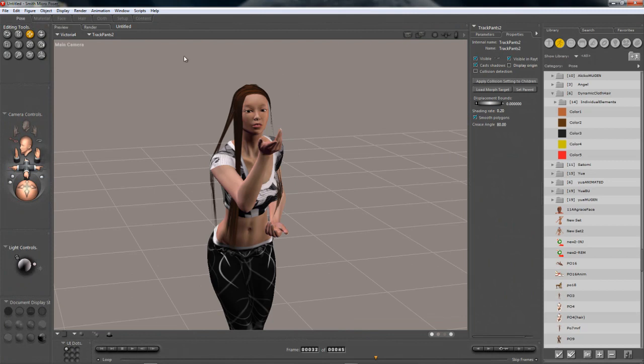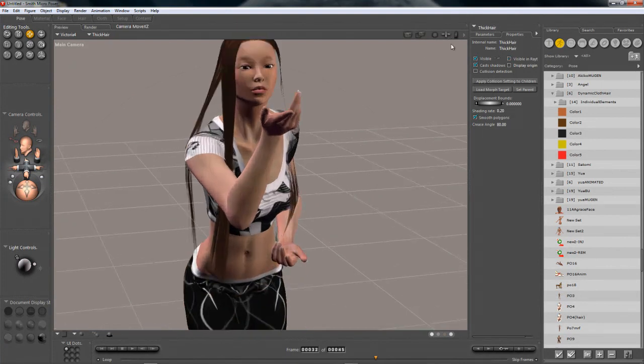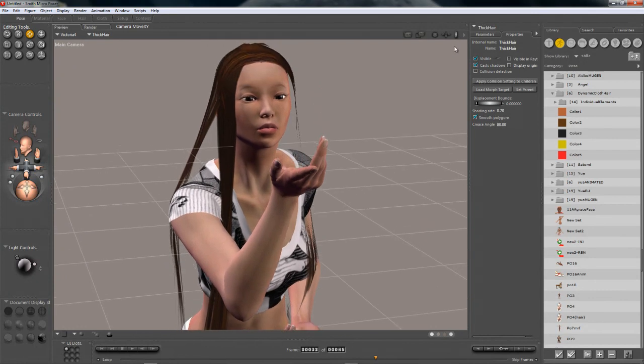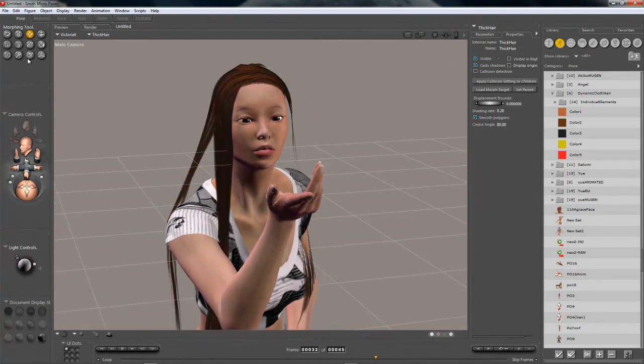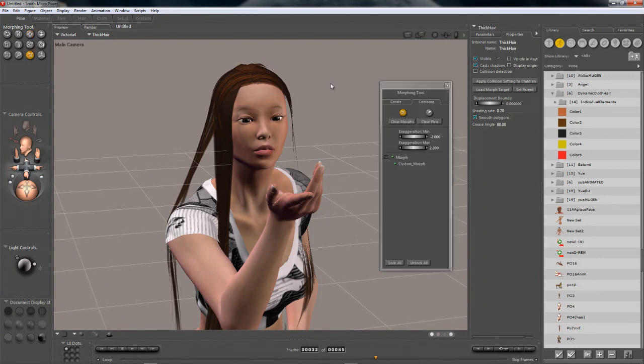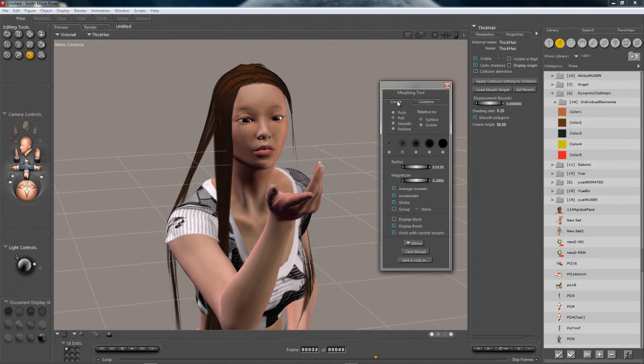Usually I find the best way to handle that is, instead of calculating the whole thing again, I'm just going to go back to my pose room here. What I'll normally do is select one of these props, like the thick hair right now. I'm going to zoom in, and for tweaks like a small poke-through, I'll use the morphing tool. If you've never used it before, I'll give you a quick crash course. You click the little finger doodle here, and under create, usually I'll keep it on pull, and I'll put it relative to screen, and keep all of that default, and I'll turn off stroke,